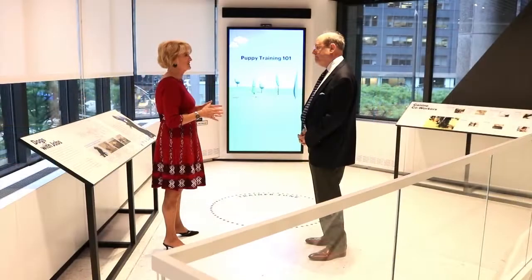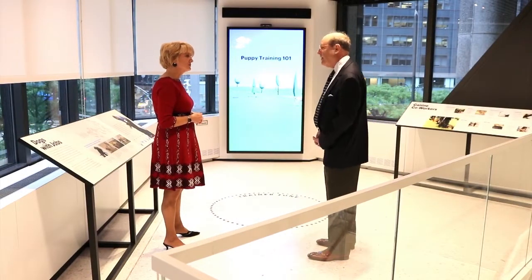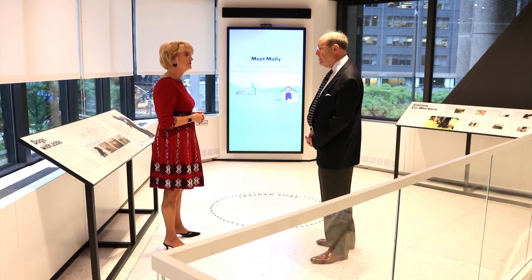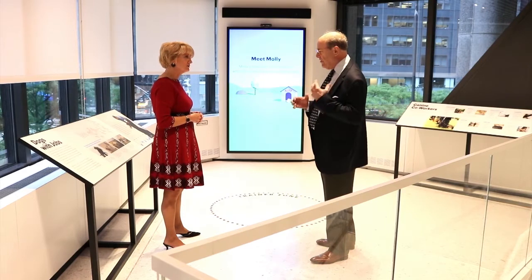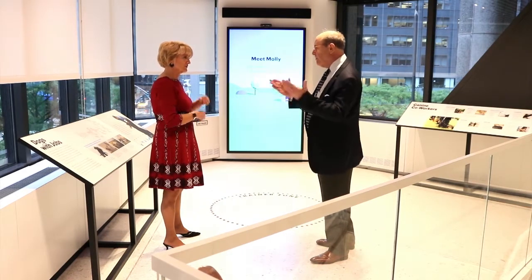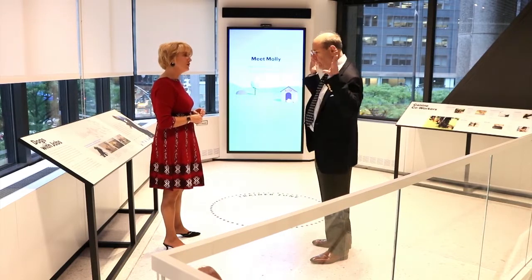So here we are. How do we start training Molly? Well, Molly is a virtual dog, which we created by taking a 6-month-old Lab named River in Los Angeles and putting her in a motion capture suit, sort of like a suit that has ping pong balls all over it at different points. Those are just points that are aligned. Then they photograph it